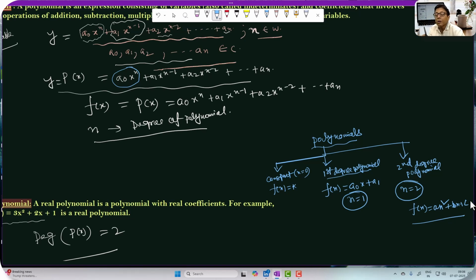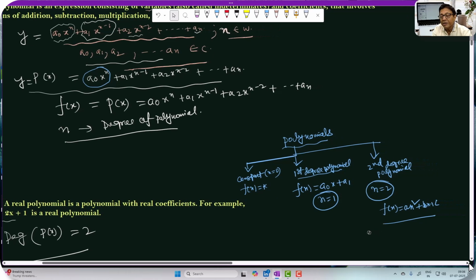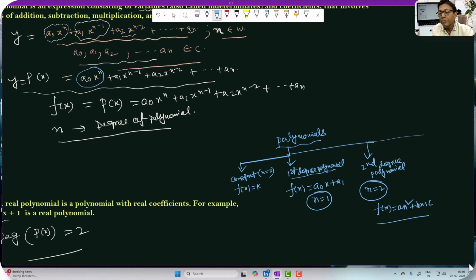You must have heard of the quadratic equation. In the next topic, when I am going to do theory of equations, understanding quadratic polynomials will be an integral part of it. Okay, a cubic polynomial, that is, the index going to be equal to 3. A cubic polynomial will be of this form: f(x) equal to